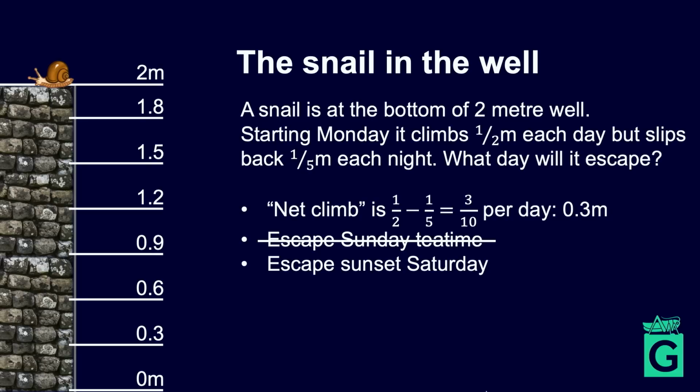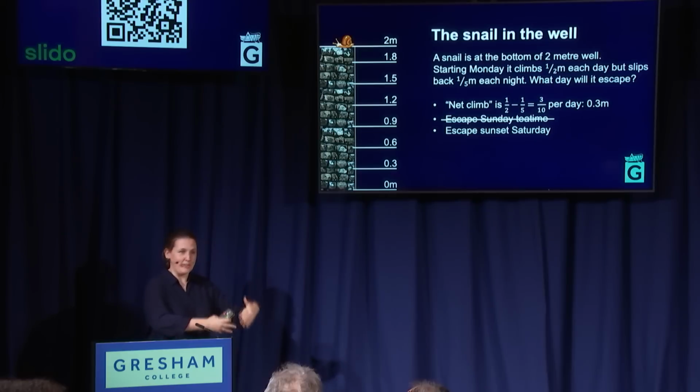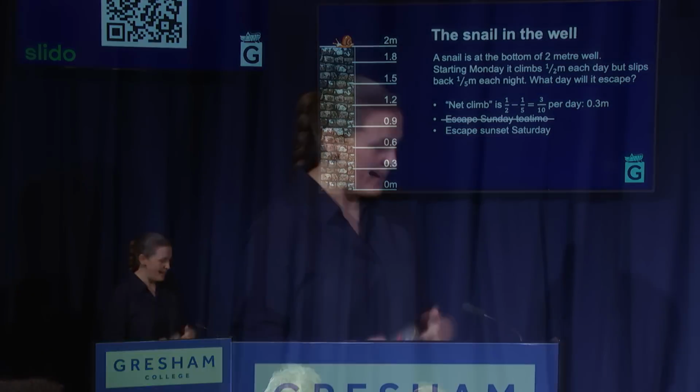So actually the answer is that the snail will escape from this well last thing on Saturday. But the reason I'm telling you this puzzle is that it, or puzzles a bit like this, began life probably around the 6th century in India, and then they travelled along trade routes with other knowledge that was being transmitted. They got translated into different languages, and they made their way to Italy in maybe the 13th century-ish. And in the Italian books that had this puzzle in, or puzzles like it, the solution was, for the